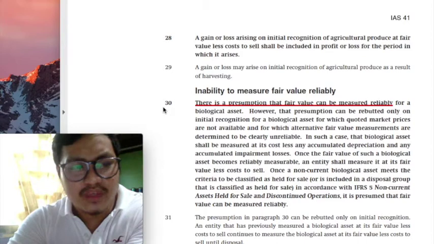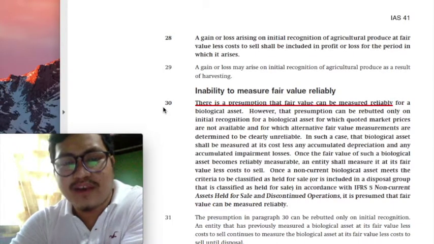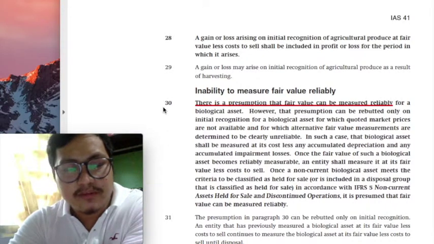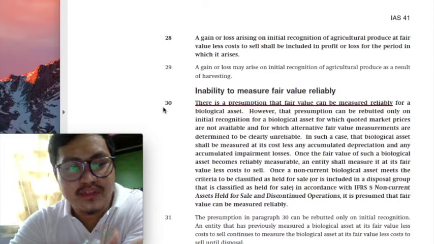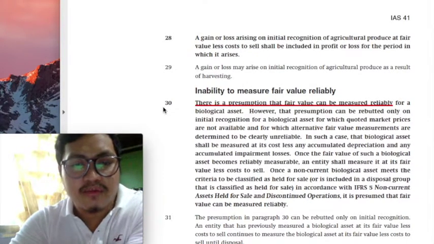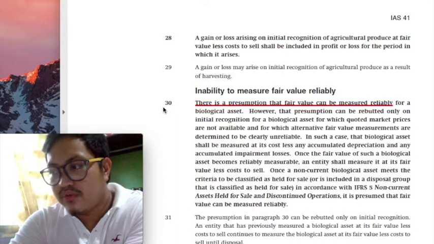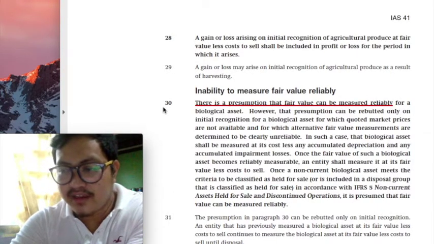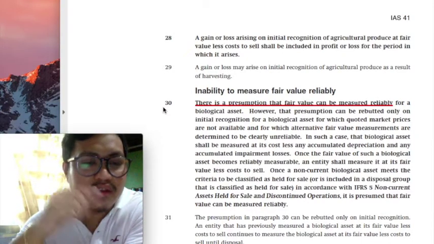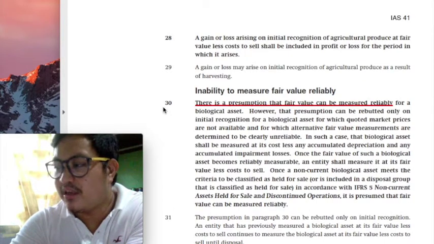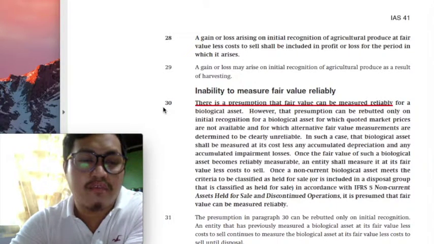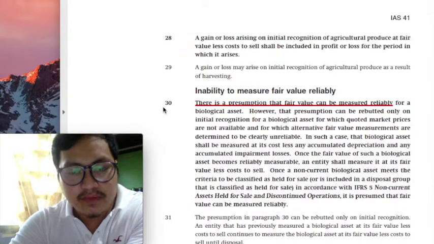But just in case, what is your option if indeed you cannot determine the fair value? You will now be allowed to use a variation of the cost model, class, wherein the cost would be used as the initial basis of the carrying amount of the asset, and you will be allowed to provide allowances for depreciation and impairment. Okay, and that's what will make this weird, class, and some students would forget this because how can you depreciate a plant or an animal, class? So some students would find that hard to imagine that a plant or an animal being depreciated, so they would forget that there is a possible scenario, class, that a biological asset will be measured at its cost less depreciation